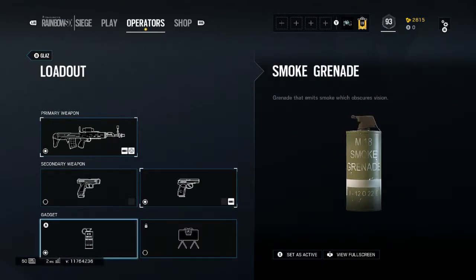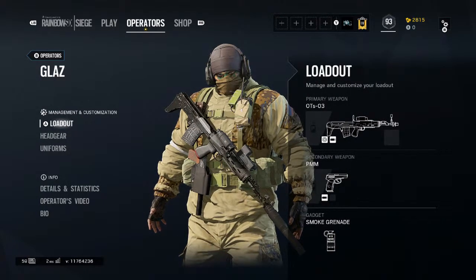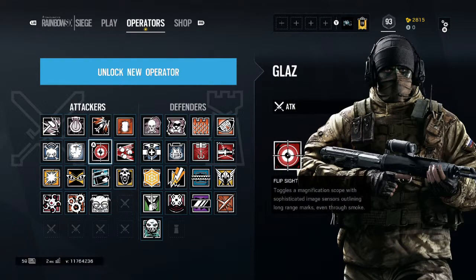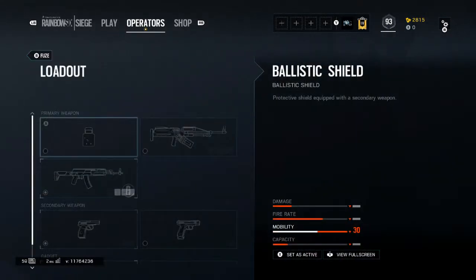And for the Glaz gadget, I recommend 100% smoke grenades due to his special ability now can see through smoke. So that is definitely 100% needed. For Fuse, I use his AK-12